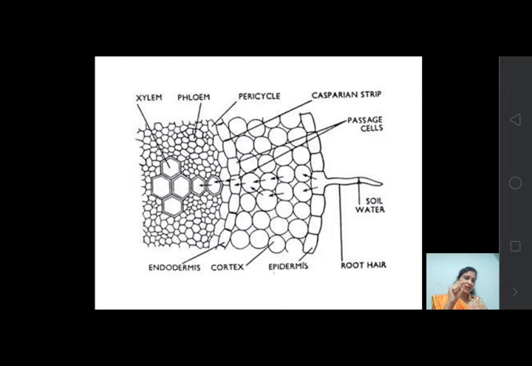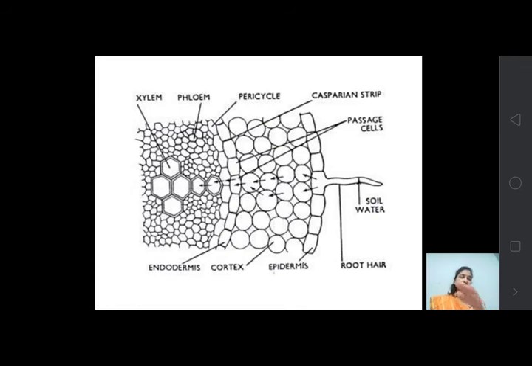As you can see, the radial walls are somewhat darker in shade. So these are the Casparian strips. You can see the arrow, that is the Casparian strip, and these are the somewhat thickened adjacent cell walls, known as the radial cell walls. Okay, got the point? You can see the epiblema, you can see the cortex here, you can see the endodermis, the passage cells and other radial cells, then the pericycle, then the protoxylem and the metaxylem of the xylem tissue.